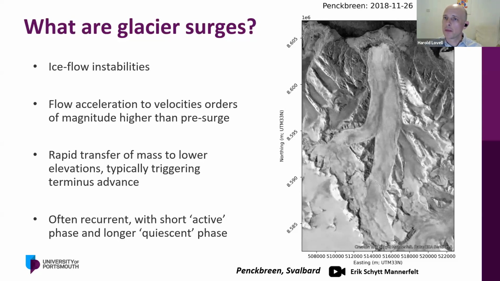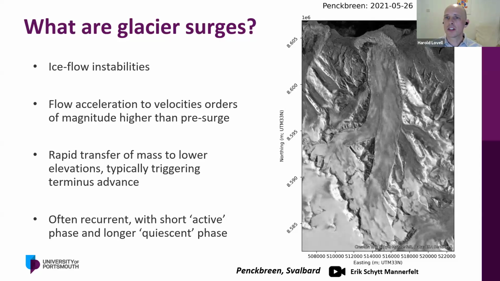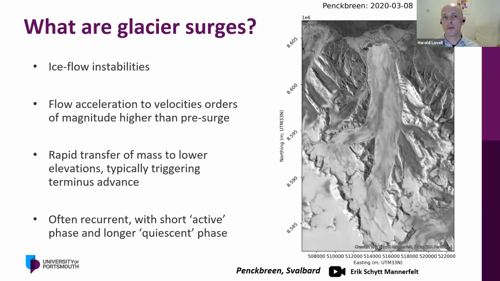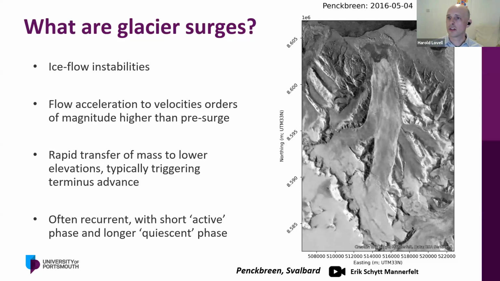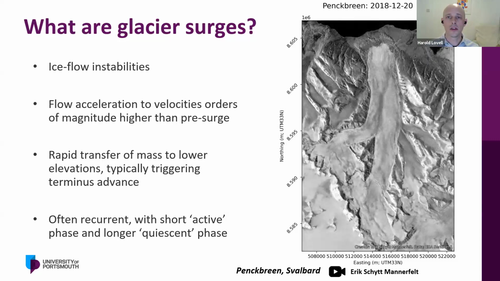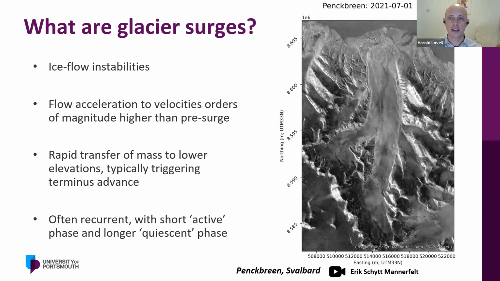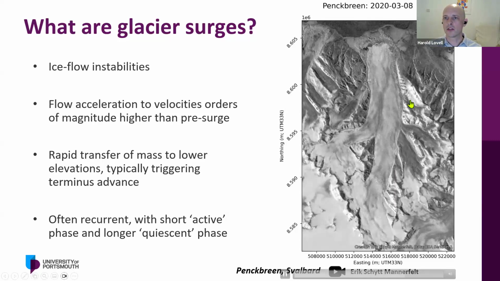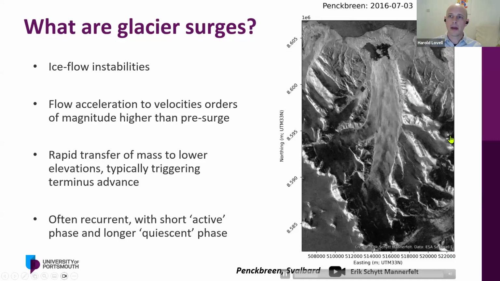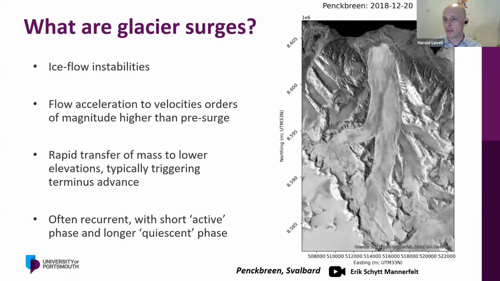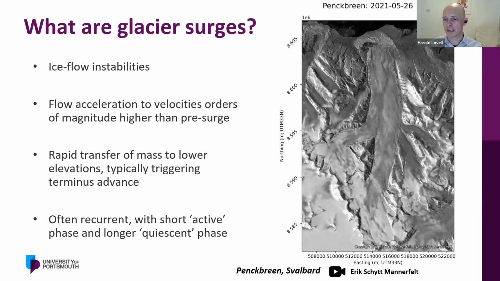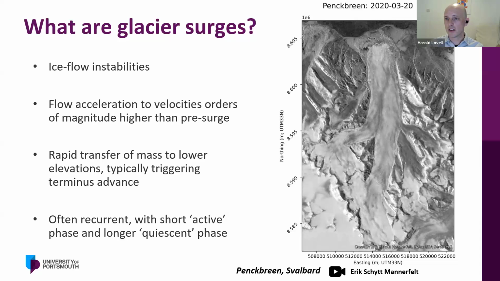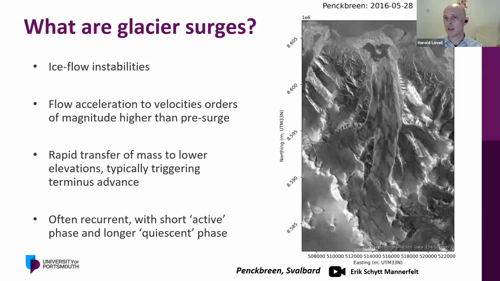So the fundamental question, what we're talking about with glacier surges, well, these are ice flow instabilities, and they involve large increases in ice flow, acceleration usually to several orders of magnitude faster than the glacier was flowing prior to the event. During that, a large amount of ice mass is transferred from up glacier down to the terminus, and often that will trigger terminus advance. This example you can see here, this is another of Eric's fantastic animations. This is Penkbrain in Svalbard, and we can see the ice accelerating and advancing